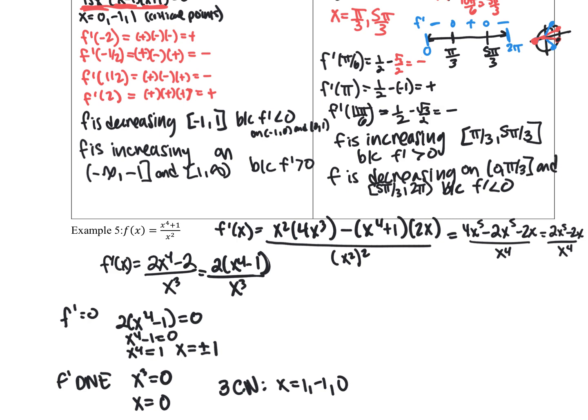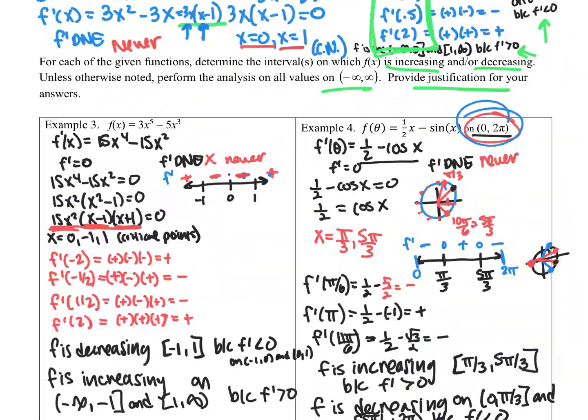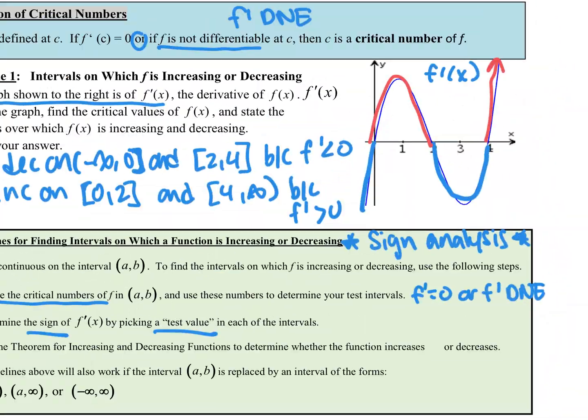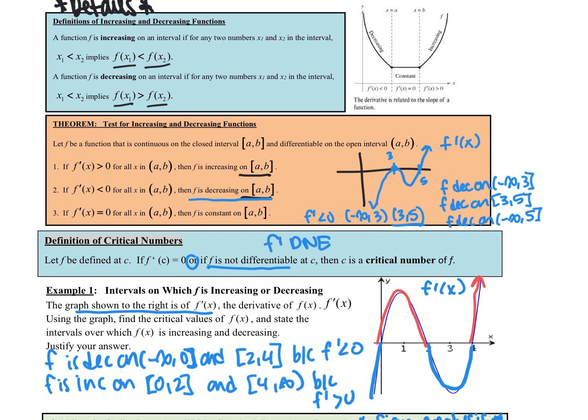So if you go back to our definition on the other page, something we didn't pay super duper attention to, it says, let f be defined at c, right? So the function has to exist at a point in order for it to be a critical number, right? It has to be a point on the function. So although the derivative does not exist here on this example,